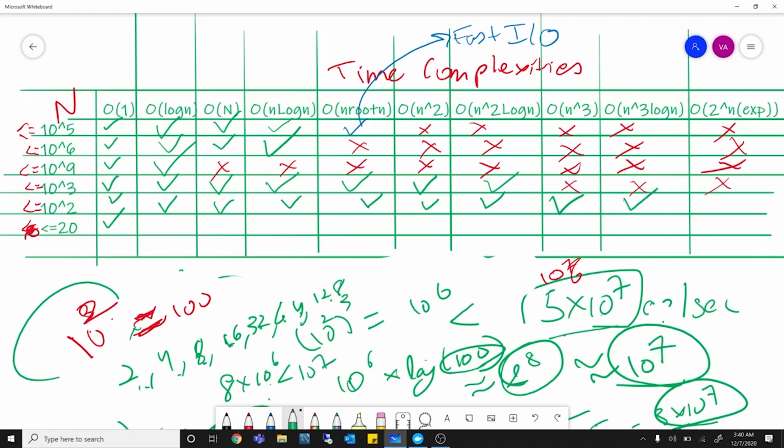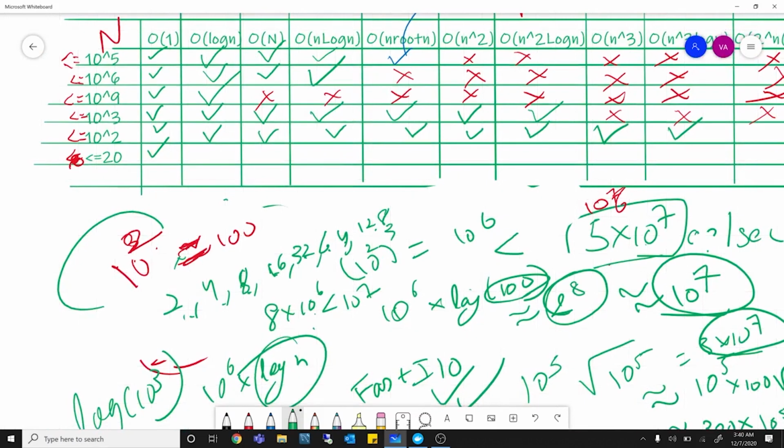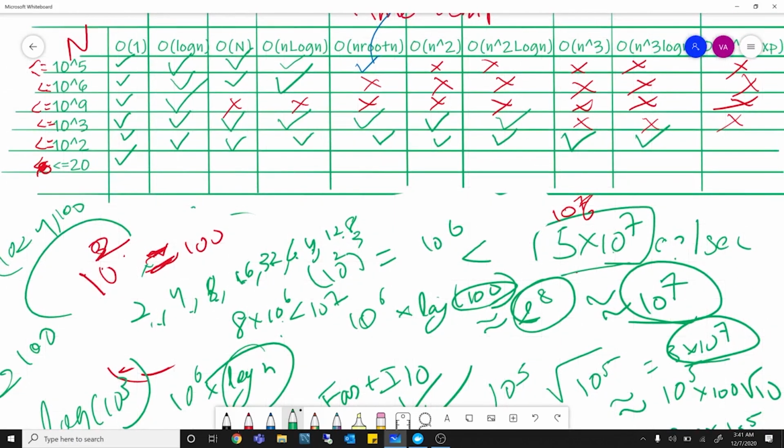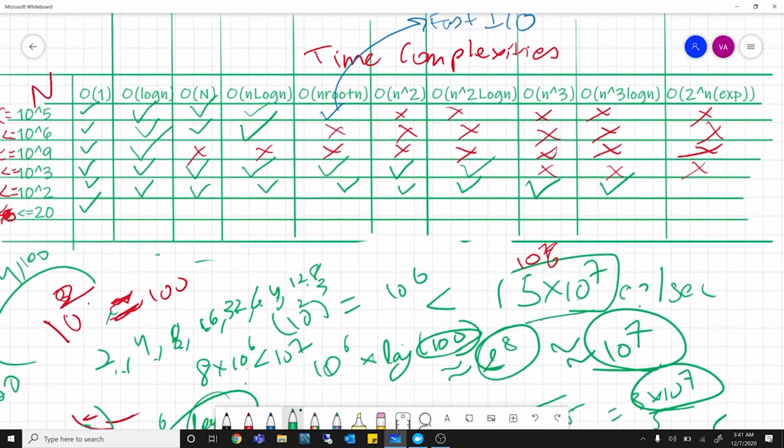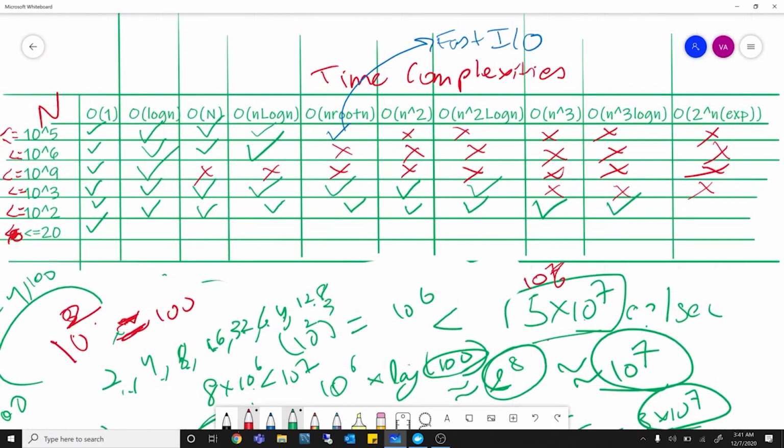But the exponent is still not valid, as you can see here, that 2 to the power 100. When I talked about it, only 2 to the power 20 was crossing 10 to the power 7, so of course 2 to the power 100 is a very large number. It is 1024 to the power 10. It's a very, very large number, and hence exponent is invalid here. I'll mark it with red so there's no confusion. So this is invalid.